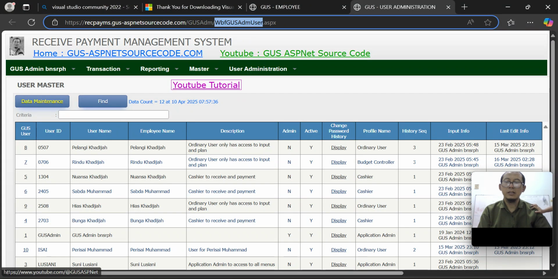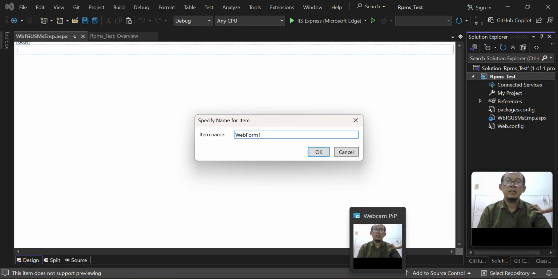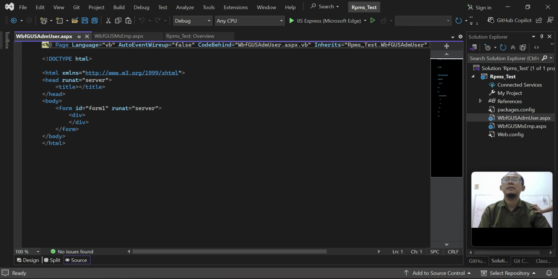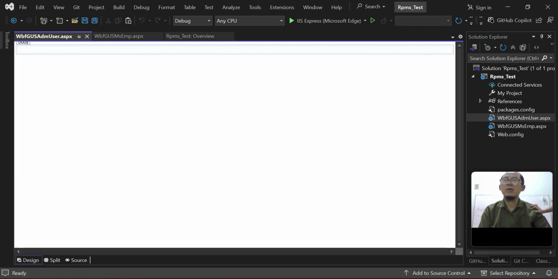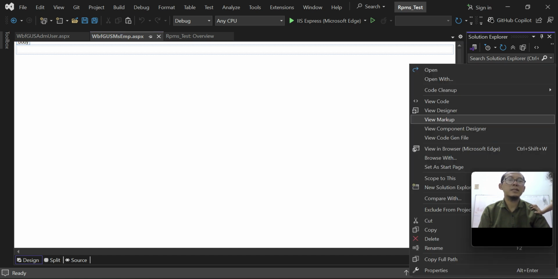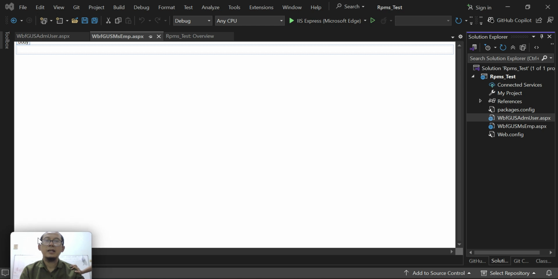I will name the web form. Okay, it is still empty. Also, we have two web forms and we have to choose one of them as the default, as a start page.